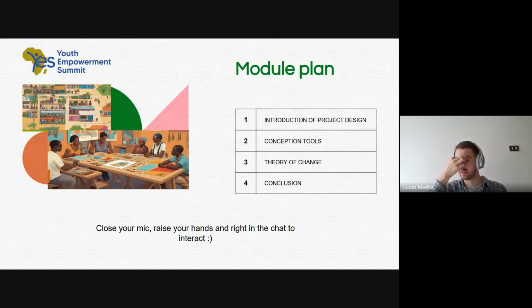Also, a few rules for the session. If you want to say something, please raise your hand, because I'm alone managing the chat and the presentation and everything. So raise your hand if you want to speak, or write in the chat, and I will give you the floor. Also, if everybody can close their mic, because it's going to be hard for me if I hear background noises. Ram, Taul, if you can close your mic, sorry, just for the session. If you want to speak, you can raise your hands or write in the chat.